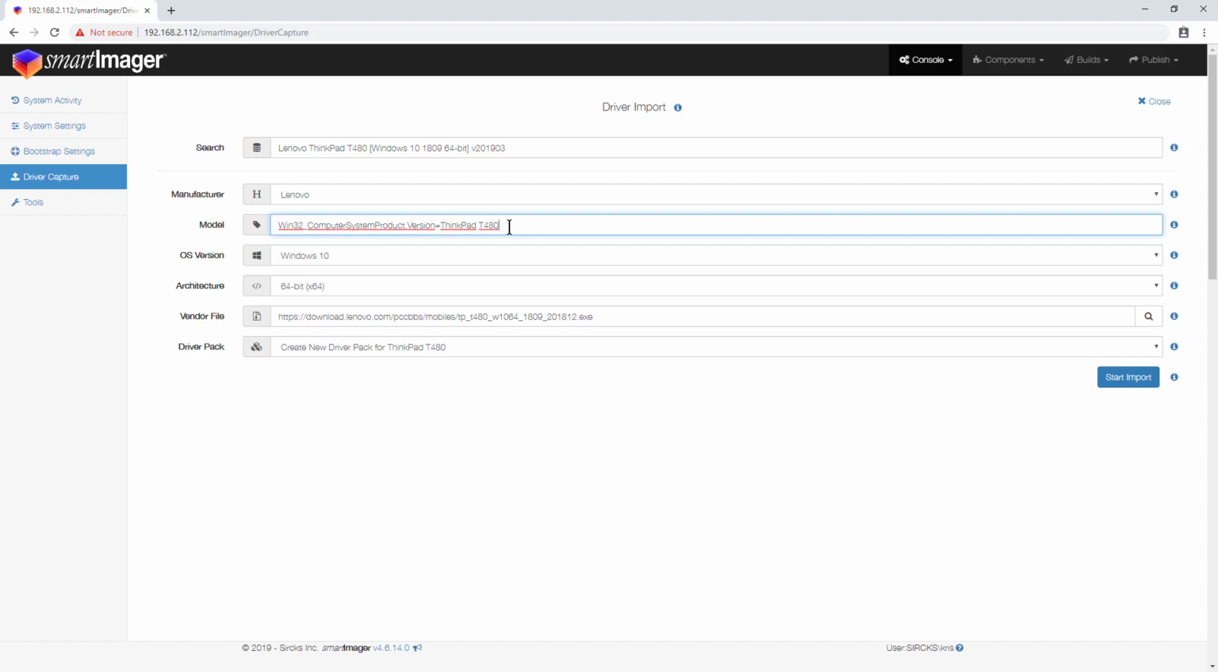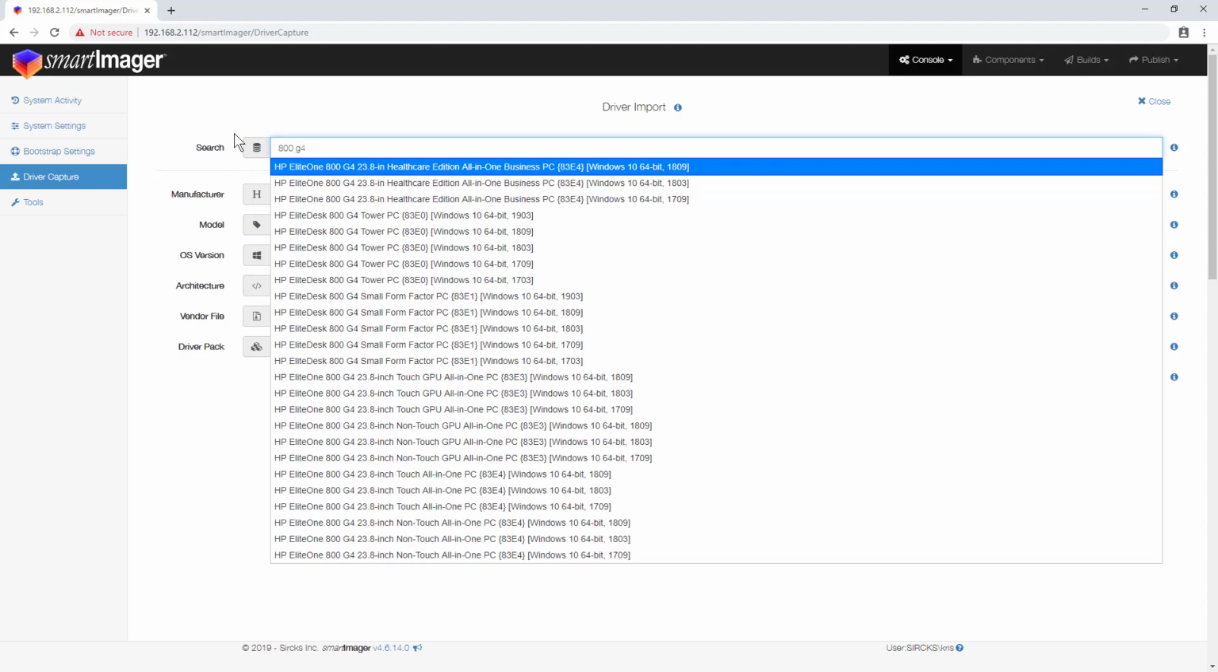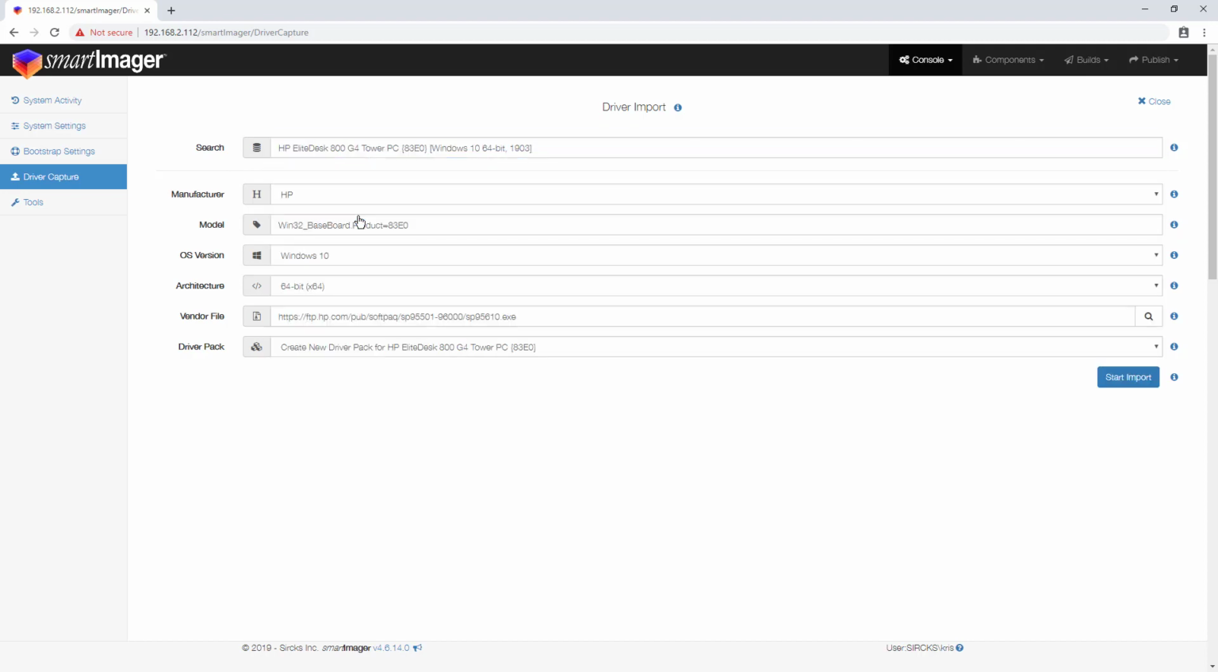a WMI query. You'll notice if I go to a different manufacturer, for instance, so if I type in 800 and let's say G4, and I grab an Elite Desk Tower, you'll notice that the Win32 class is different because HP marks theirs or differentiates theirs via the Win32 baseboard class. All right, so let me go back to my